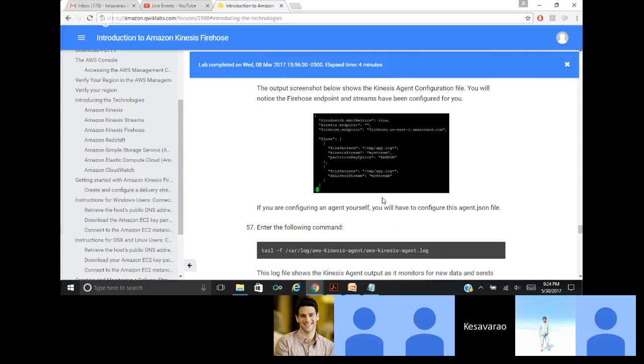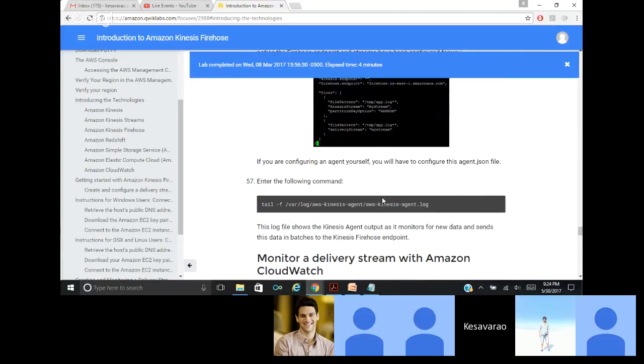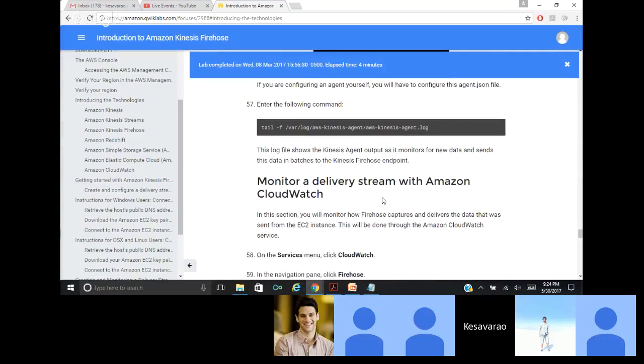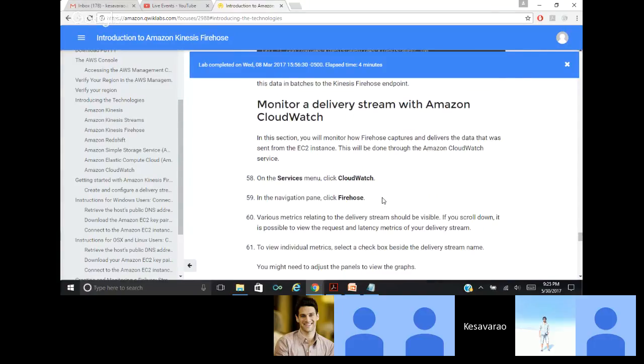Yeah, they're all JSON files. The configuration agents are JSON files. You monitor that with Amazon CloudWatch, and then